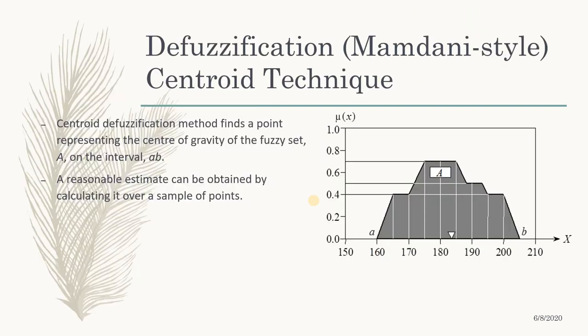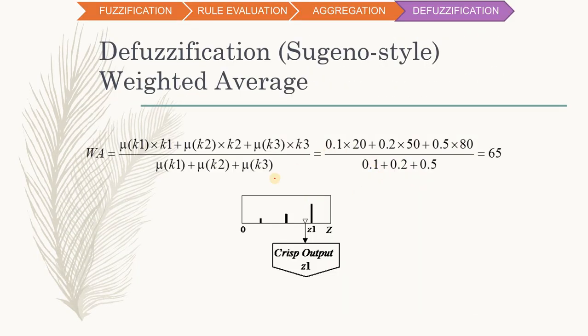So in defuzzification of Sugeno style, you are going to use weighted average. Previously in Mamdani, you are going to use center of gravity, right? So in Mamdani, you are using the center of gravity. But in Sugeno style, you are going to use weighted average, okay? So in weighted average, what you have to do is you have to calculate the weight of